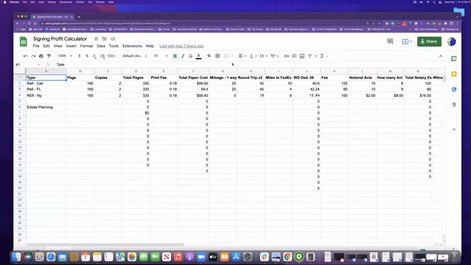Around 30 cents. So we're going to print in black and white. And so our average cost for printing is 18 cents per page. That means this 18 cents per page fee is going to include the toner and also our paper cost. So just to print out 2 copies of a refinance packet, a total of 330 pages at 18 cents per page, our cost going into the job is